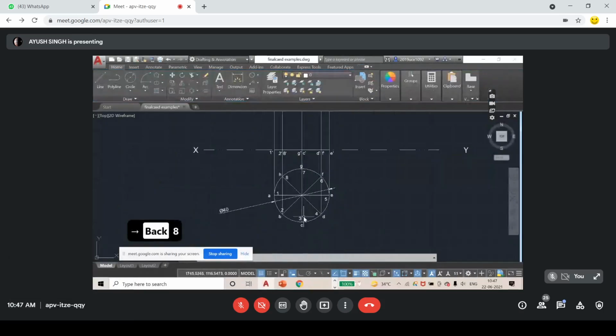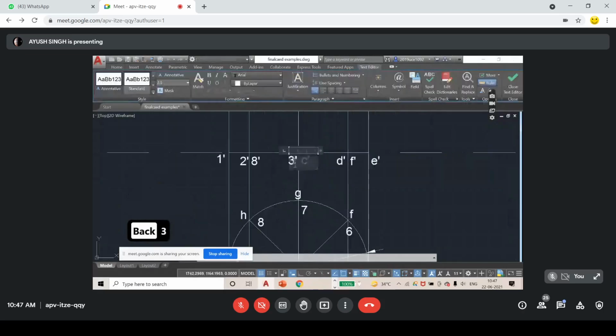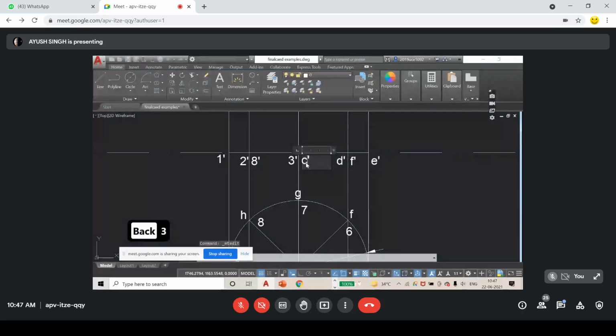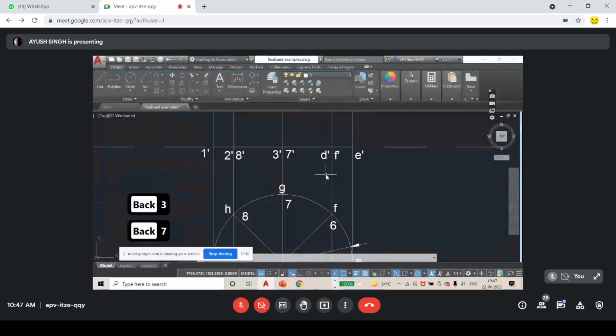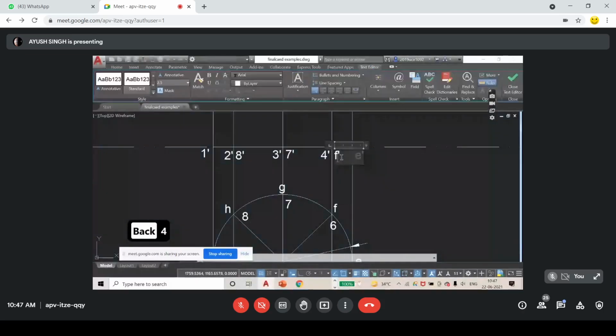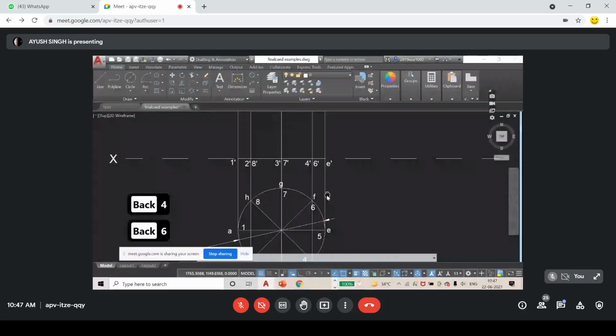So we have 3 dash and 7 dash, and we have next 4 and 6. So we have 4 dash and 6 dash, and we have next 5. Here only it is 5, 5 dash. So my front view is done.